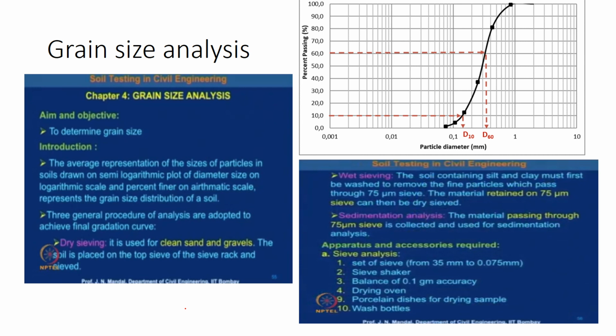Okay, similarly, when we take a soil, it has an internal structure. It is the internal structure of the soil which will help you understand the behavior of soil. Grain size